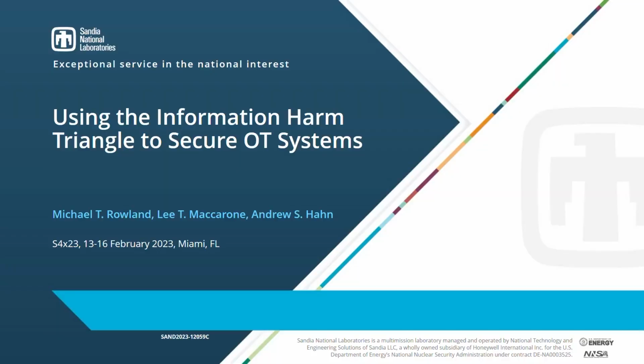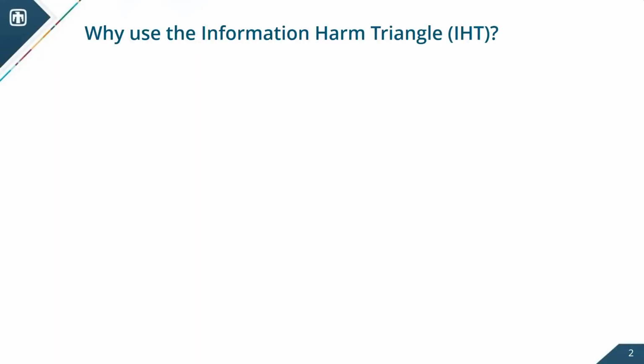I'm here to talk about something that is really near and dear to my heart, and that's basically how do we help people in the industry to understand cybersecurity and safety analysis. And what I'm trying to do is bring forward concepts from my previous experience working as a control system designer at Ontario Power Generation to get us all off the hamster wheel of pain. And so why did I come up with this concept called the information harm triangle, right? And what does it mean?